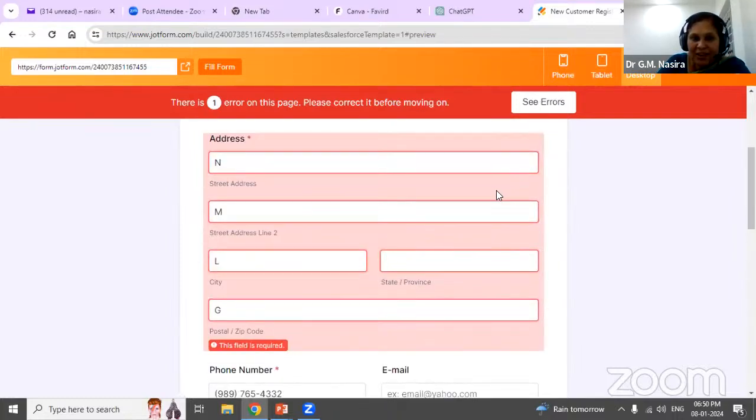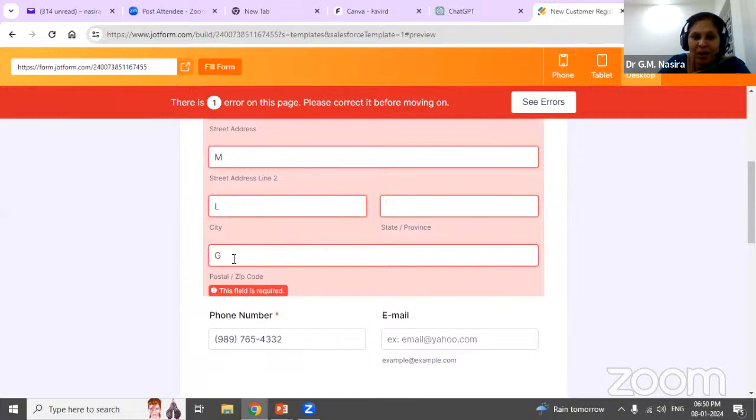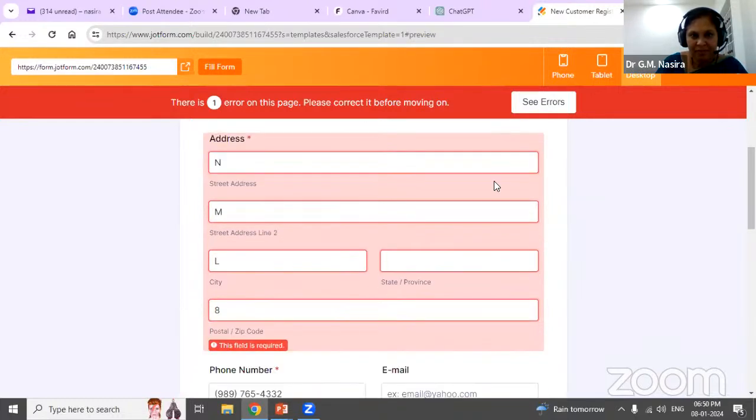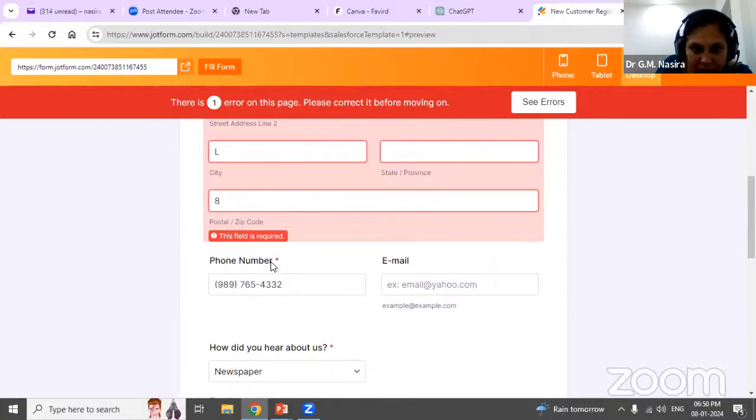See how user friendly it is. Oh, zip code, I have to give a number. I have given a, what's wrong? This field is required. Acha, which field? Okay.